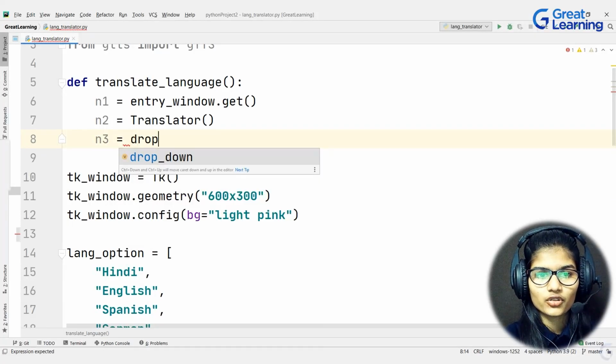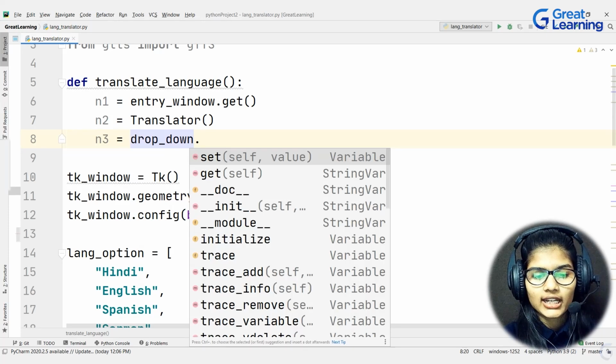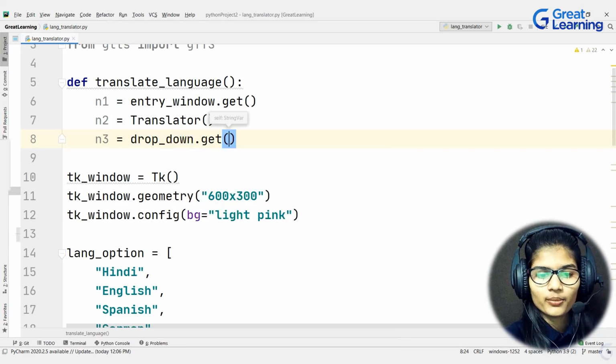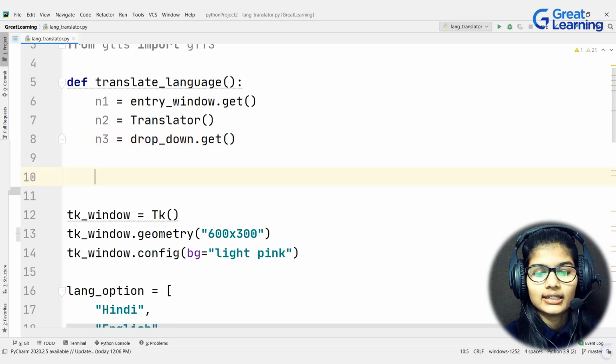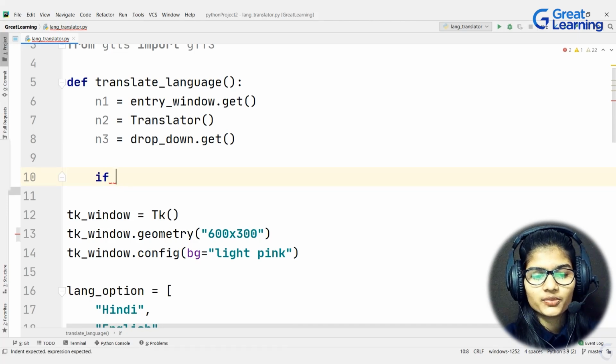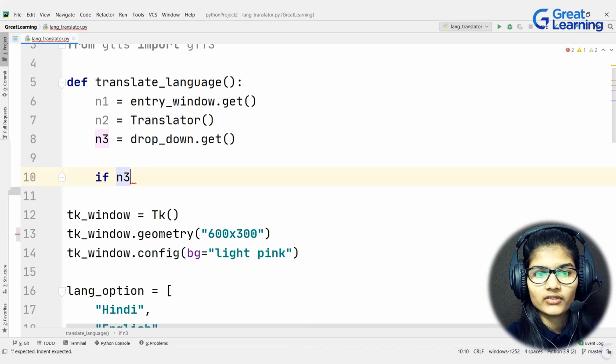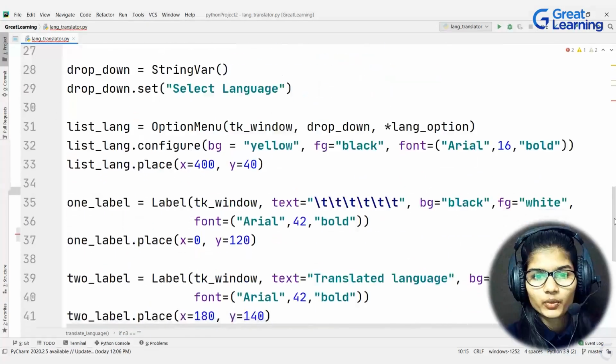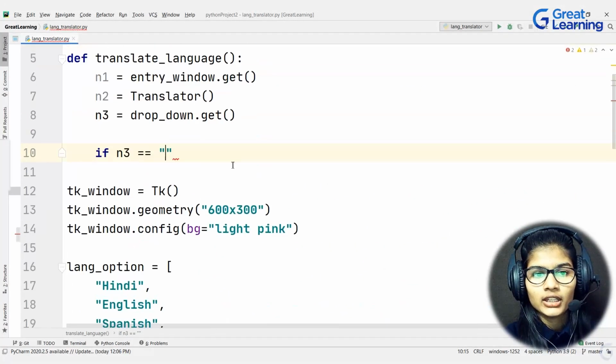So it will be drop_down dot, and it will again be get, because whatever is saved into the drop_down function, I will be wanting that, so that whichever language we want to convert to, dot get. Now, after this, if my dropdown list which is being selected, if my n3, the dropdown one which I have selected, if that is, first of all I wrote, what did I write? First was Hindi. If this is equal to Hindi,